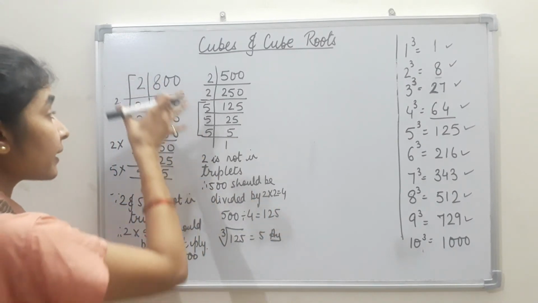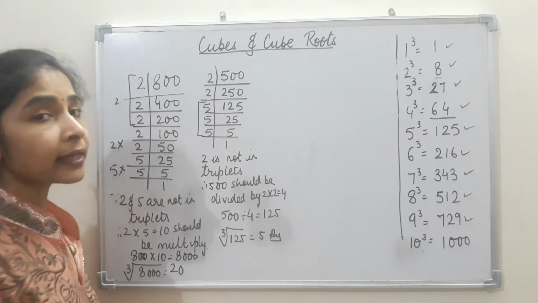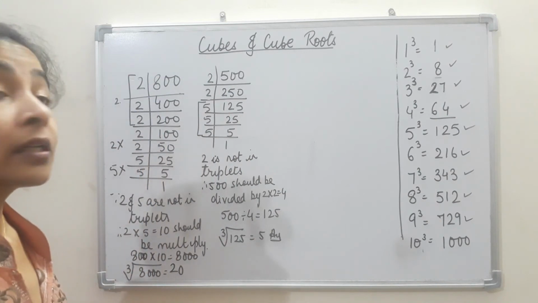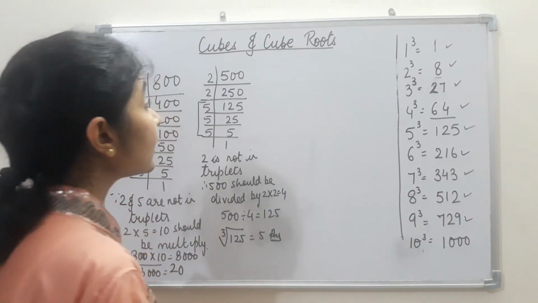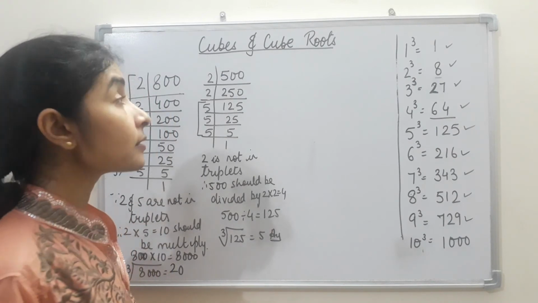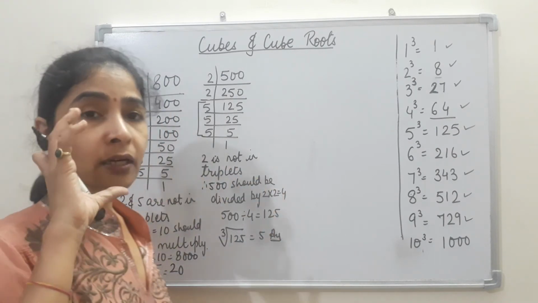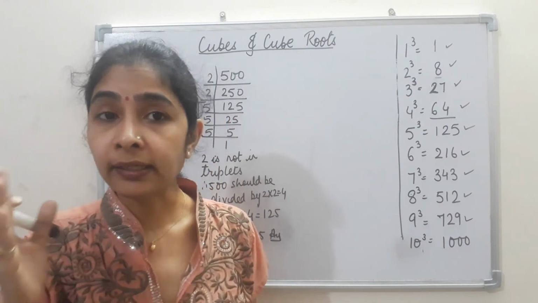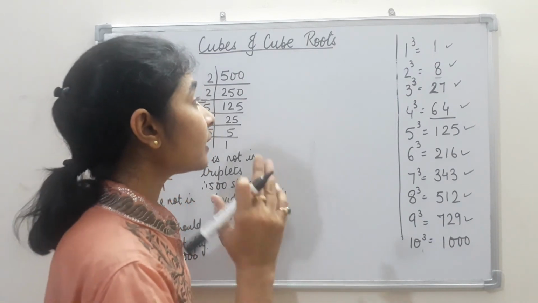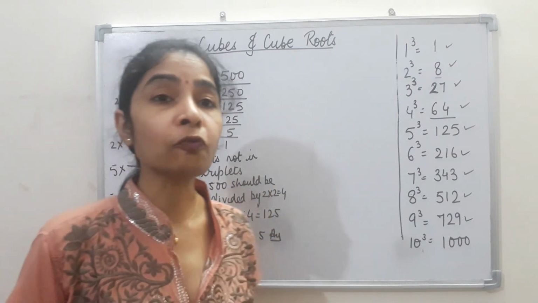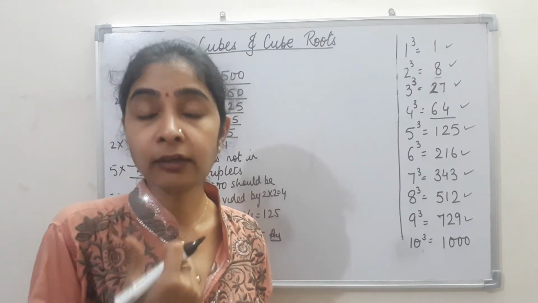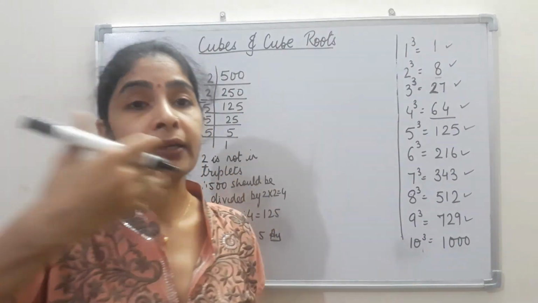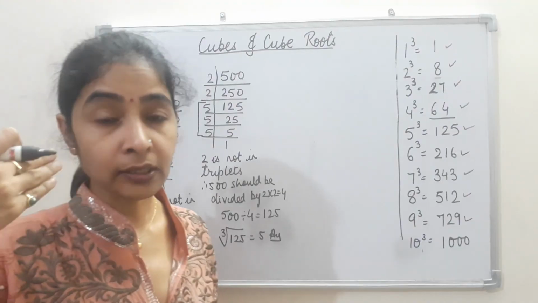Okay, so here the examples are given, what number should be multiplied and what number should be divided by a particular number so that they become a perfect cube. Now the last type of question that is asked is, when you take a cube, the volume of the cube is always equal to side into side into side. So whenever the volume of the cube is given, to find out the side of the cube, we find out the cube root. To find the volume, we take its cube, and to find out its side, we find out its cube root.